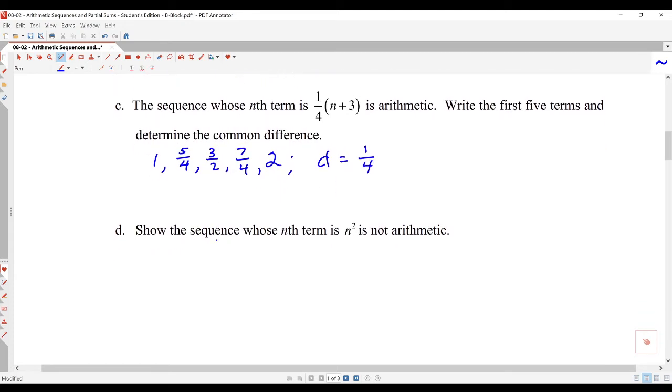And then, a similar example, just on the flip side: show that the sequence whose nth term is n squared is not arithmetic. So let's write a few terms of the sequence. Let's plug in 1. 1 squared is 1. 2 squared is 4. 3 squared is 9. 4 squared is 16. And to be honest, that's enough. That's all we need. Because if I do 4 minus 1, I get 3. But if I do 9 minus 4, I get 5. I get a different difference. I don't have a common difference. So it's not arithmetic